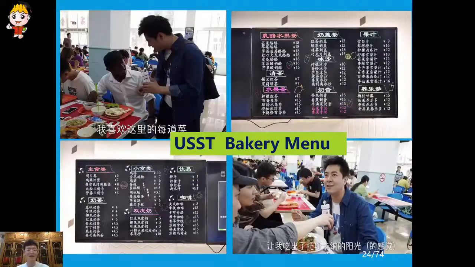And also, this is a USSD bakery menu, okay, for your reference. And on the left column, we have a doctor. This is one international student, doctor named Dr. Collins. Okay, Collins said, okay, I love all of the dishes here on the campus. So our international students enjoy the food here, just for your reference.